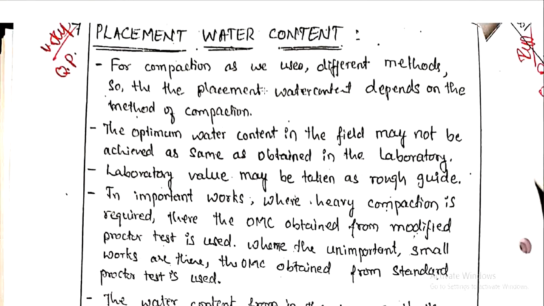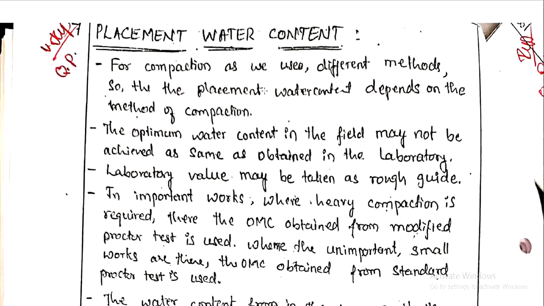Next, we have studied compaction and its control, finding out the maximum amount of compaction, that is the maximum dry density and optimum moisture content, in previous sessions. But how exactly the compaction is controlled in the field is a question now. How do we control the compaction in the field? How do we compact the soil in the field? How much compaction do we have to do? Those are the questions which might be arising in your mind.